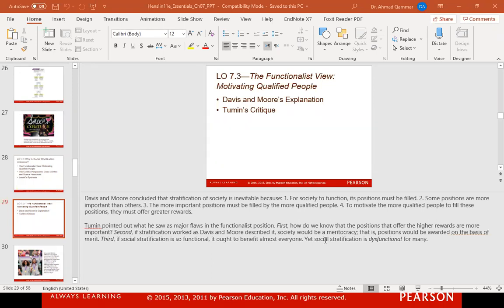So that's why there are three major objections raised by Tumin. The first is that we don't know which job is better, so the assumption that better people get better jobs is not right. The second one is, if stratification worked,